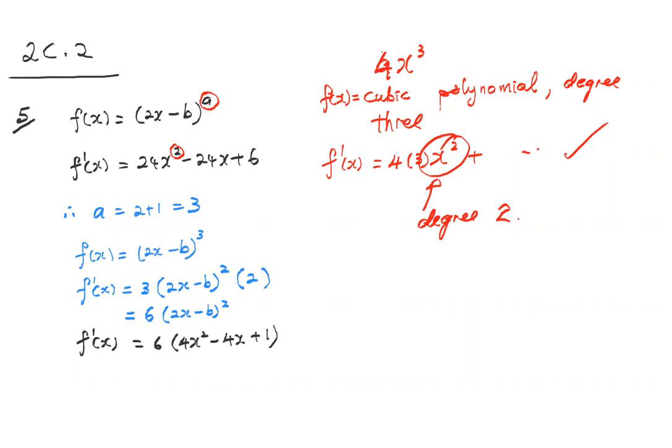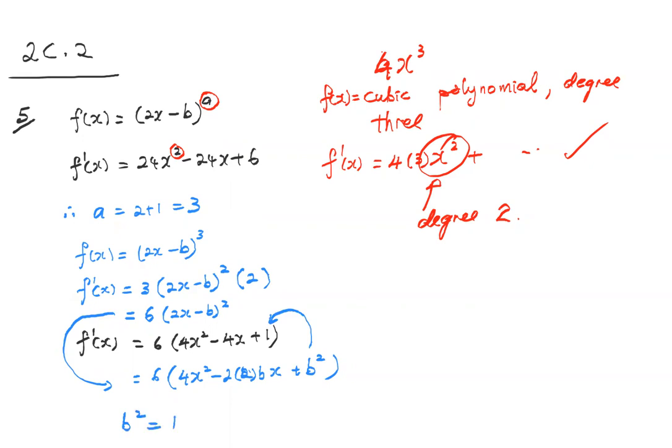So I expand this. Two times b times x plus b squared. All right, I expand that. So now b squared is equal to,